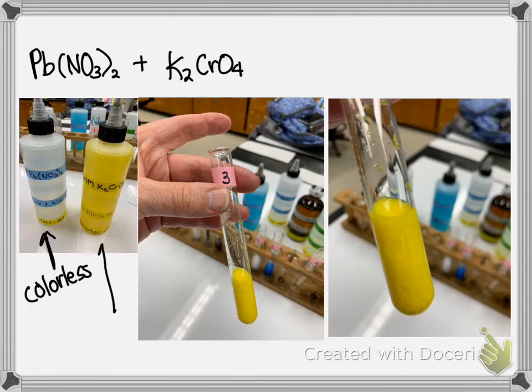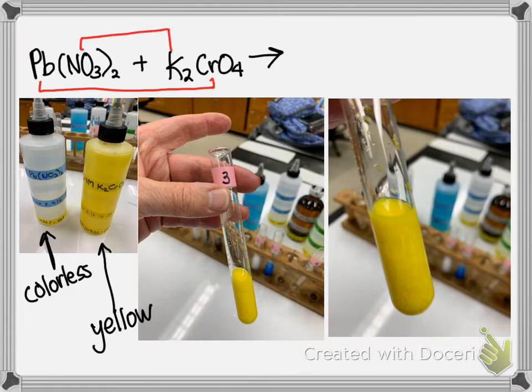And this is a clear solution, but it's yellow. And when you mix these 2 things, they switch partners. And the lead goes with the chromate. The potassium goes with the nitrate. And what happens is the lead chromate